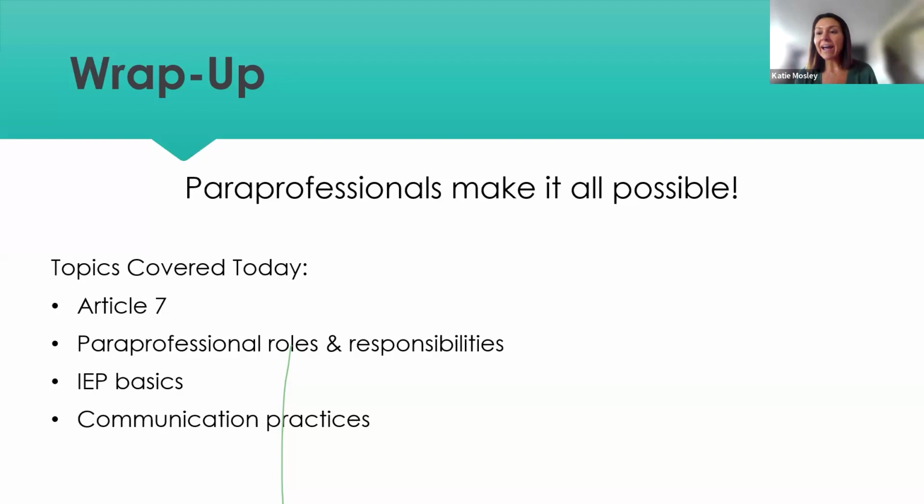Whenever districts or teachers reach out to me and ask me a question, something like, is an observation really required if I'm doing an evaluation for a student with autism? If I didn't know that answer, Article 7 is the first place that I go, because I want to be sure that I know exactly what advice I'm giving. So anything related to special education is going to be in Article 7.